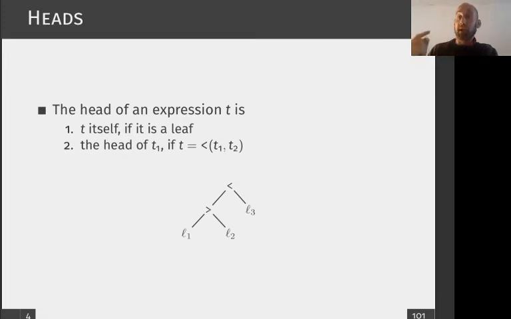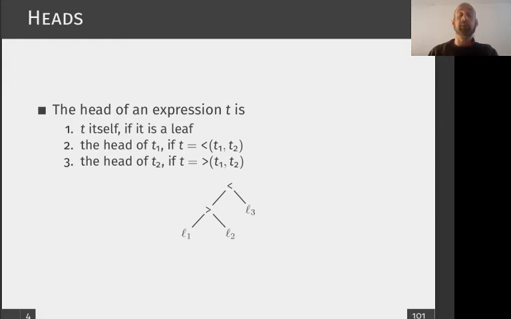If you have a tree whose root is pointing to the left, then its head is the head of its left daughter. And if you have a tree whose root is pointing to the right, then its head is the head of its right daughter. So in this tree here on the screen, the root of this tree is pointing